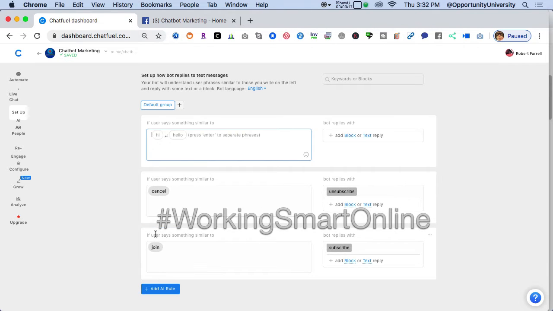Okay, so we want to add a rule, and the rule that we want to add is chatbot. Now, keep in mind that some people don't read very well, so you have to put exactly the different combinations. So maybe they spell chatbot